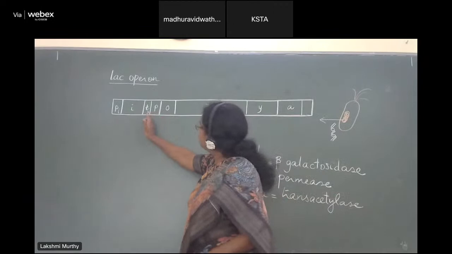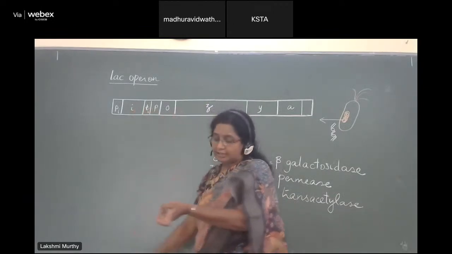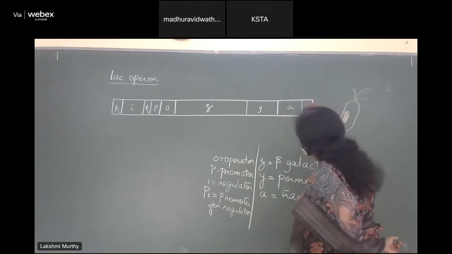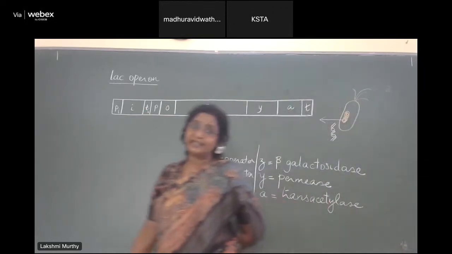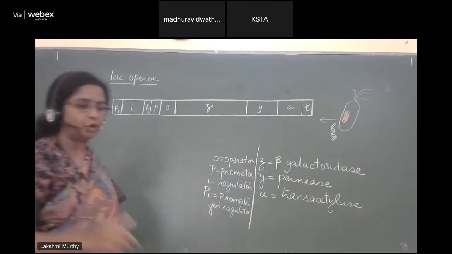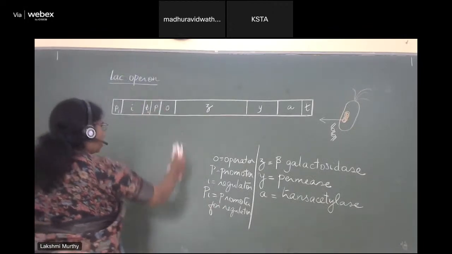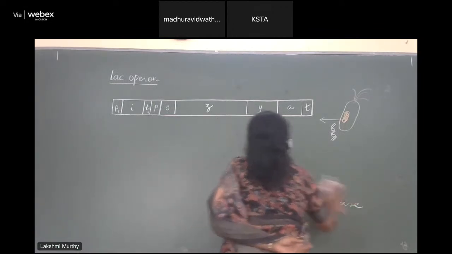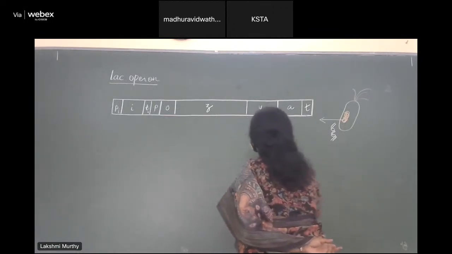There has to be a terminator between the regulator gene and the promoter. It has to be present. Next, we find there has to be a terminator on the other side, which is also ignored in your NCERT book. Now, with all these parts that are present, let us go ahead and see how exactly gene regulation expression